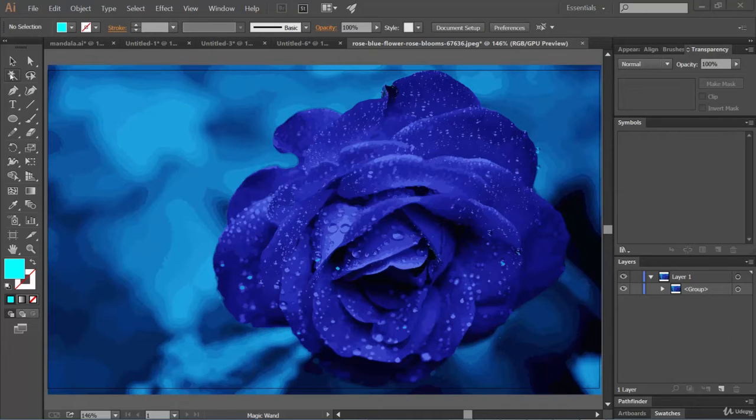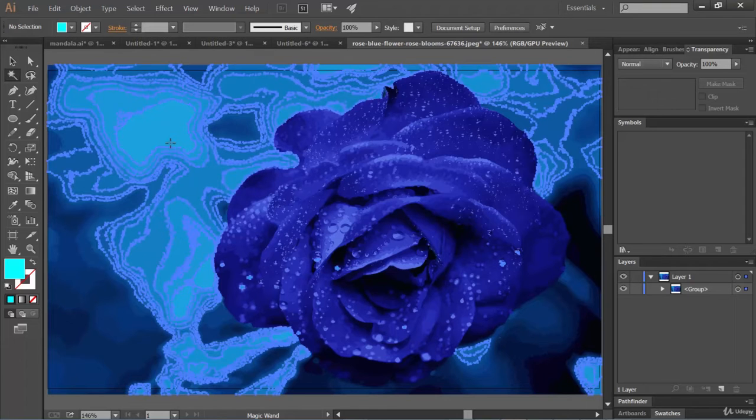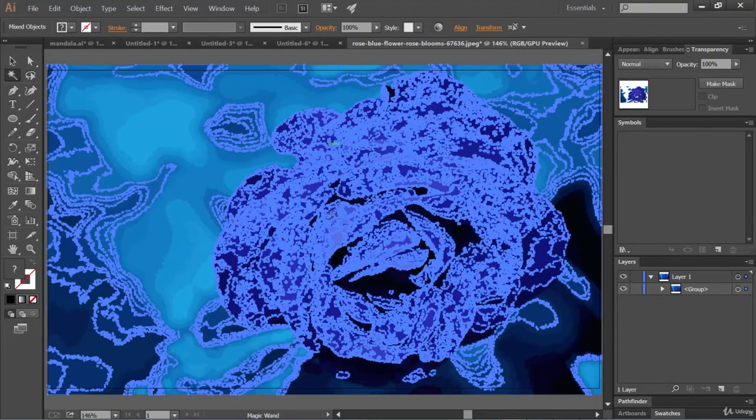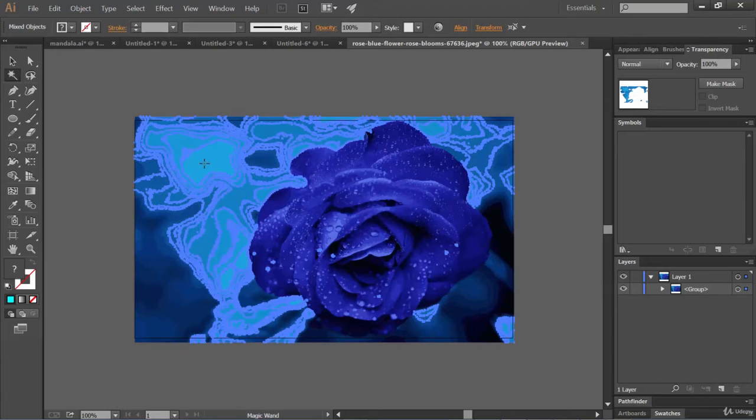This magic wand tool, you can use it just by clicking on it to select it. And now let's come to this image and let's click on it. Click at any point, and you will see that some parts of this image got selected. Let's click on this part and you will see that all of these got selected.